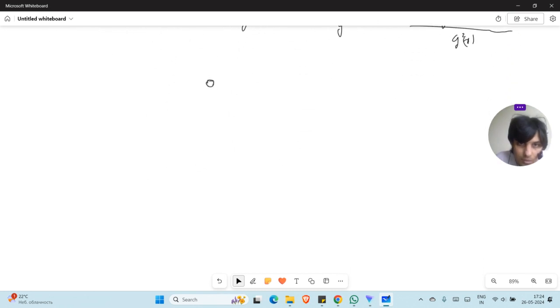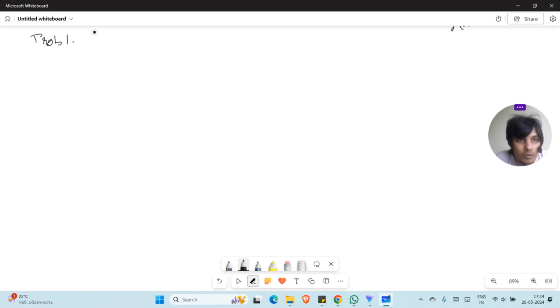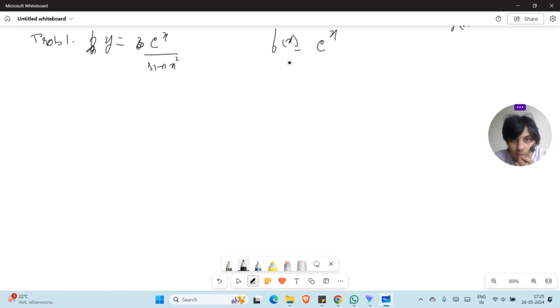Okay, now let's take a small example of how to solve this. Problem 1. For example, let's take y is equal to e^x upon sine x square. Now we can see from over here, f(x) is equal to e to the x, and